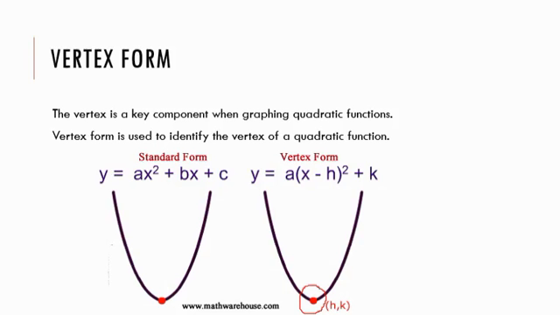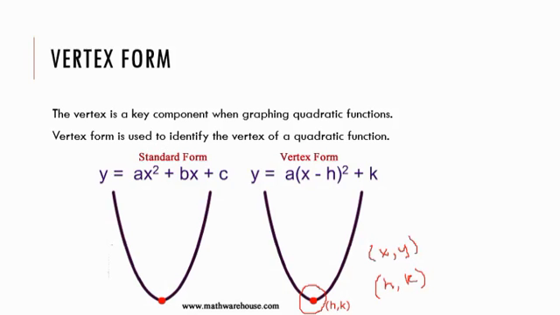When we talk about the vertex, you may see problems label it H and K. Now this is just specific numbers for the vertex. So when you see that, think vertex. H is really just the x value of the vertex, and K is the y value of the vertex. Okay? So if we go up here,